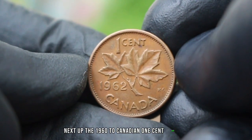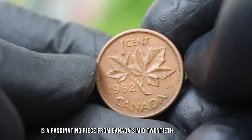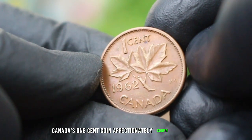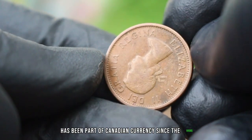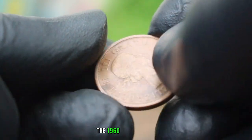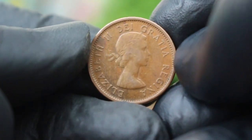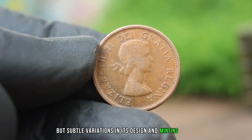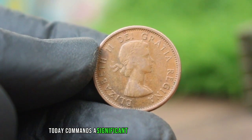Next up, the 1960 Canadian 1 cent large date is a fascinating piece from Canada's mid-20th century coinage. Canada's 1 cent coin, affectionately known as the penny, has been part of Canadian currency since the 1850s. The 1960 penny comes from an era when the Canadian penny was still very much in everyday circulation, but subtle variations in its design and minting process created a collectible coin that today commands a significant premium in the